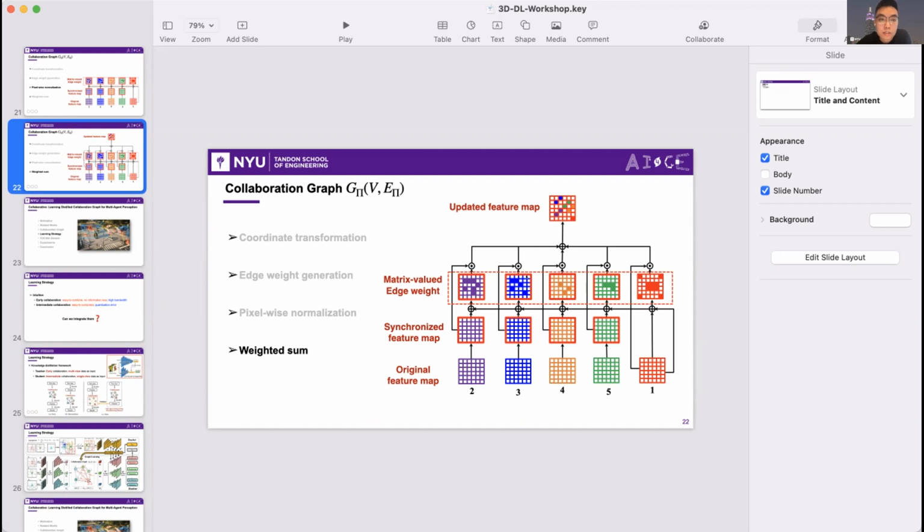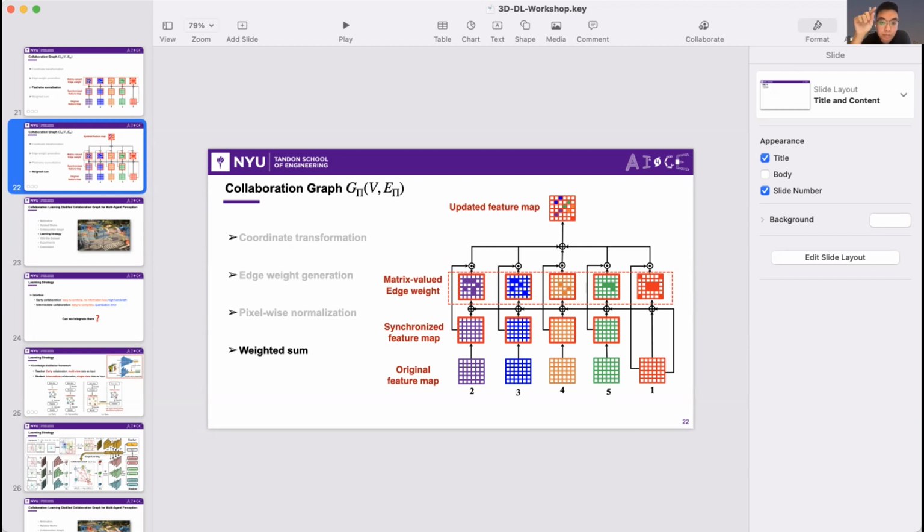Yes. So for example, let me take this as an example. Here we have 5 agents, and we will have 5 feature maps, and then we want to conduct a weighted sum. The weight is actually a matrix-valued weight. It has the same spatial resolution as the feature map. For example, if your feature map has a size of 32 by 32, then the weight also has the same resolution.